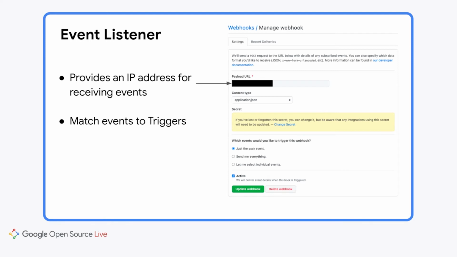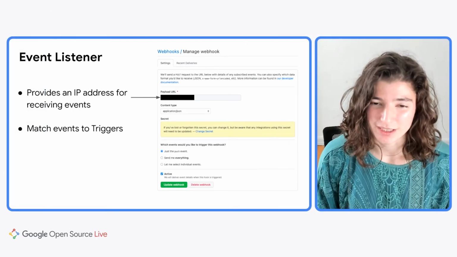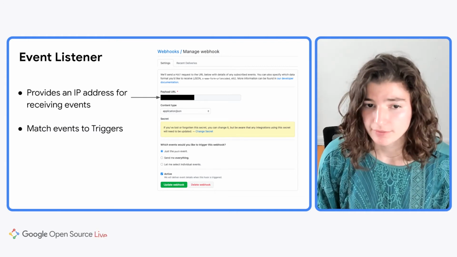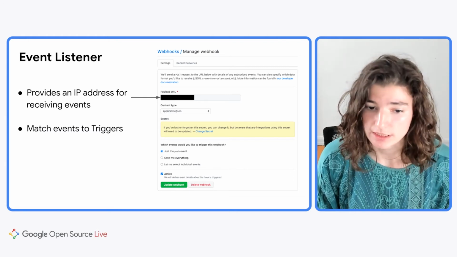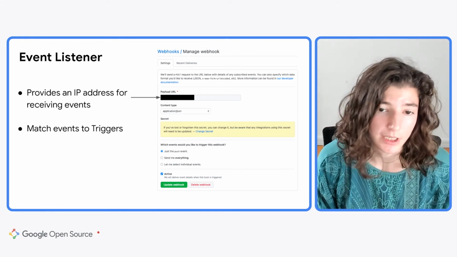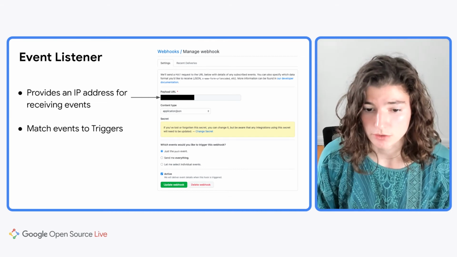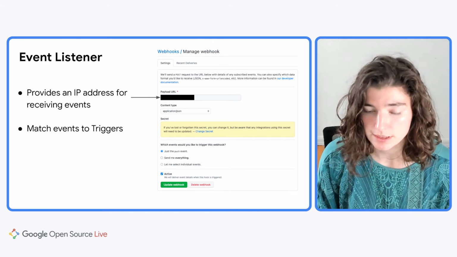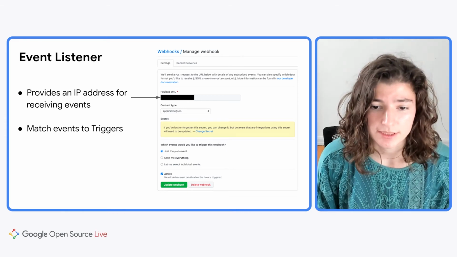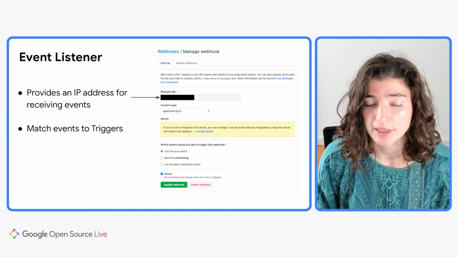A really nice thing about Tekton triggers is this event source is super customizable. So it doesn't have to come from GitHub, doesn't have to come from a webhook. If you wanted to migrate your source control provider, you can do that without having to rewrite any of your event listener pipeline configuration. And it doesn't have to come from a Git repository at all. So you could use a cron job if you're doing nightly releases. You could use a message broker, or you could even set up this trigger to fire based on events published